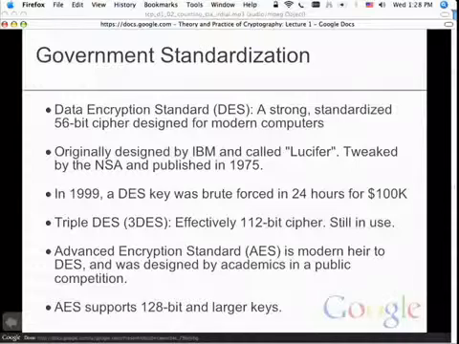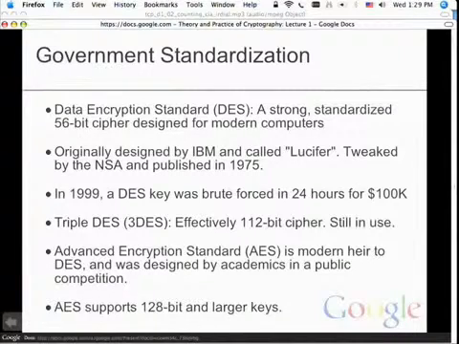So DES was 1970s technology, and by 1999, DES could be cracked in about a day for $100,000. Now that it's 2007, and computing power has become exponentially better, DES can probably be broken much faster for much less. Now there's a variant called triple DES, which is basically doing DES 3 times, and you effectively get a double the key size. And this is still used quite a bit,